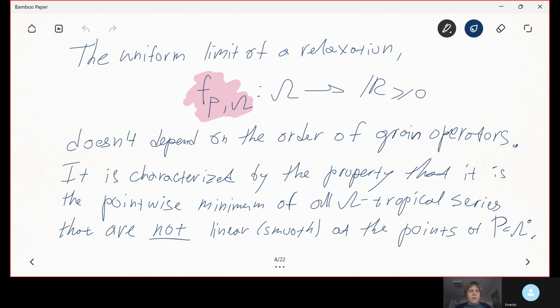So this uniform limit of the relaxation, this series FP omega, doesn't depend on the order of the operators in this relaxation and is characterized by the property that it's the pointwise minimum of all omega tropical series that are not linear at these points where you perturb your state. Here I'm a little bit confused